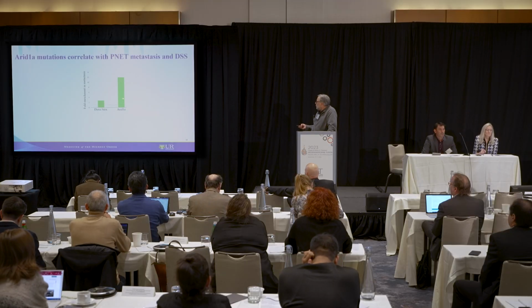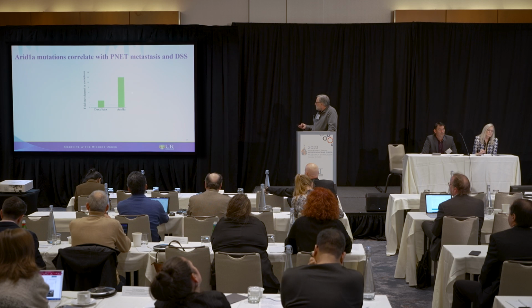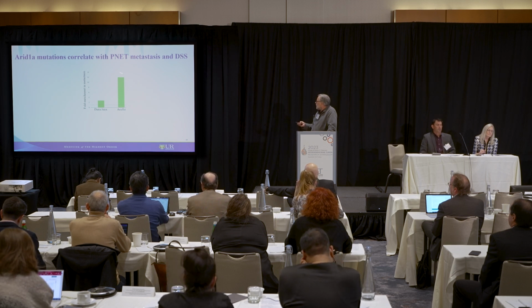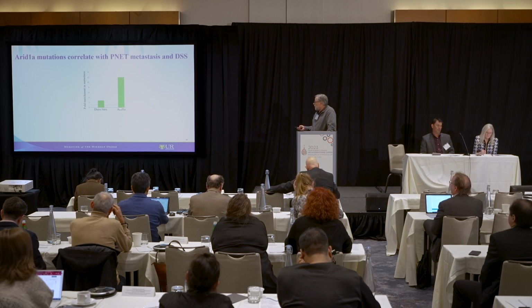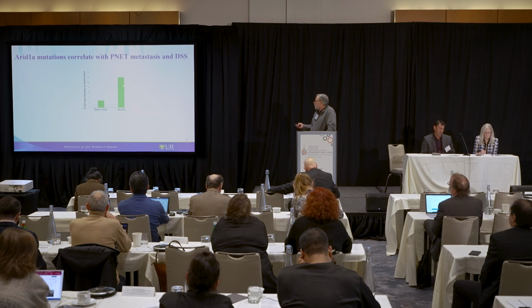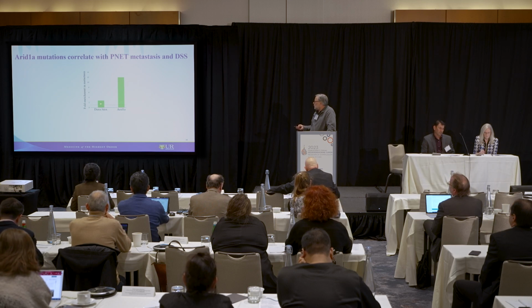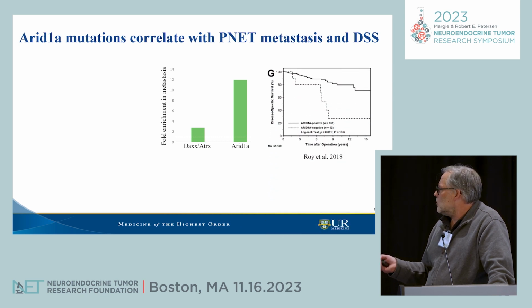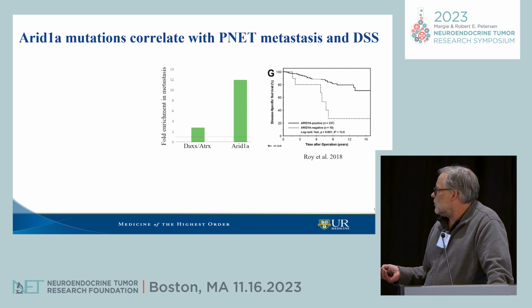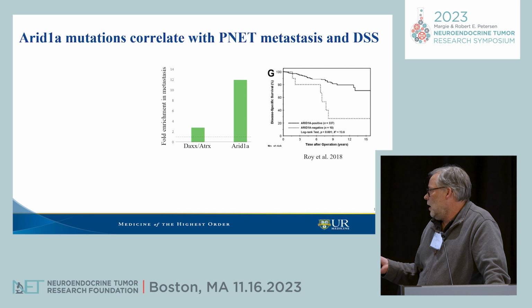You may not know this, but ARID1A is the most mesenchymal or metastatic associated gene in pancreatic neuroendocrine tumors. It's an uncommon mutation, but if a patient comes in with an ARID1A mutation, almost always it's a metastasis, okay? DAXX and ATRX also highly associate with metastasis, but not like ARID1A. This came from Otter Singh's report, 2018. Patients with ARID1A mutations don't do well with pancreatic neuroendocrine tumors.